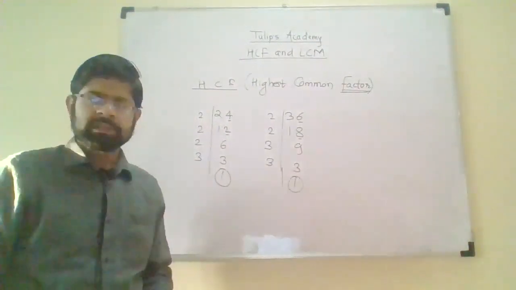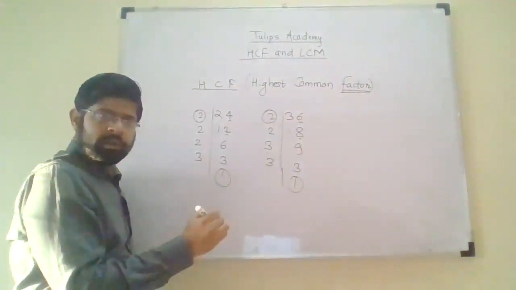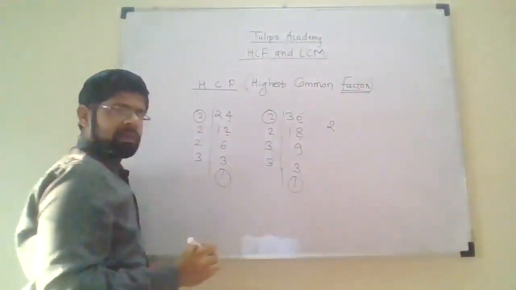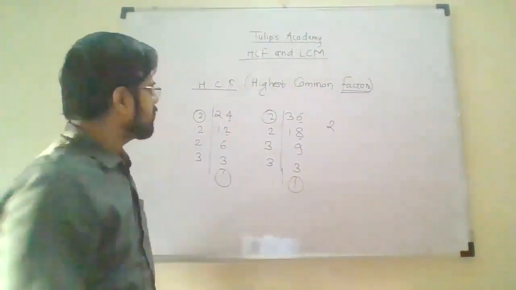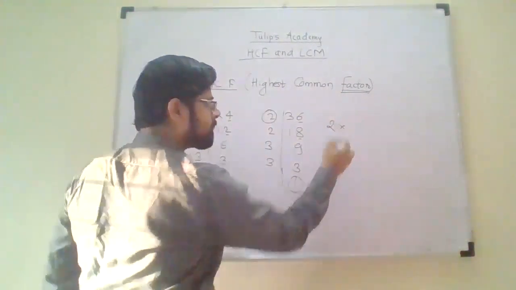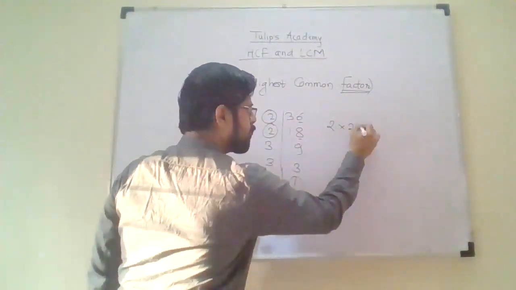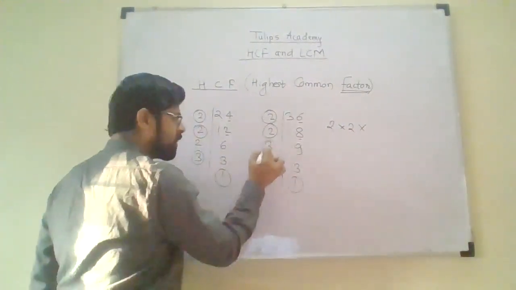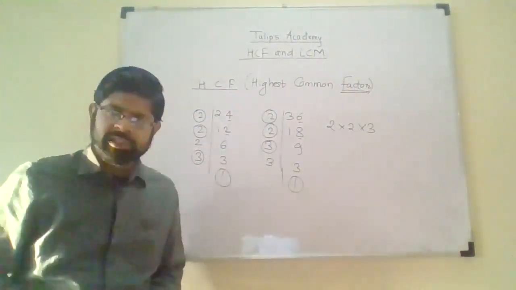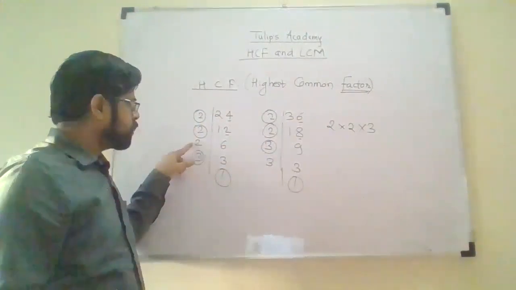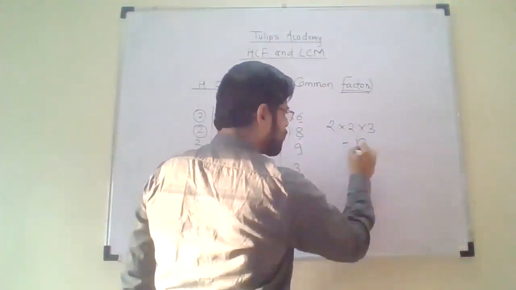Now check the common factors among these. 2 is common, so let me take 2 here. See, I have to take every common factor once. So 2 is common, so I have considered 2 multiplied by. I have to take the product. This 2 and this 2 are also common, so I will again write 2 multiplied by. 3 and 3: 3 is also common, so multiplied by 3. Finish. Common factors are finished. Only 2, 2 and 3 are common. This 2 and this 3 are not common. Take the product of this: 2 2s are 4, 4 3s are 12.